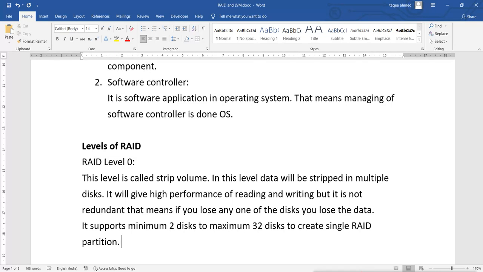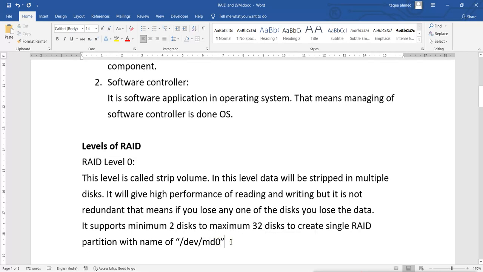Then in Linux it will be named with the name of /dev/md0. Under /dev we know all the partitions created. Normally sda, sdb, but RAID partition names will always be like md. md0 means it's the first partition.